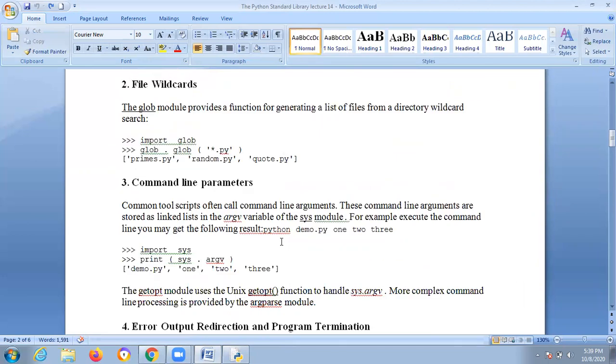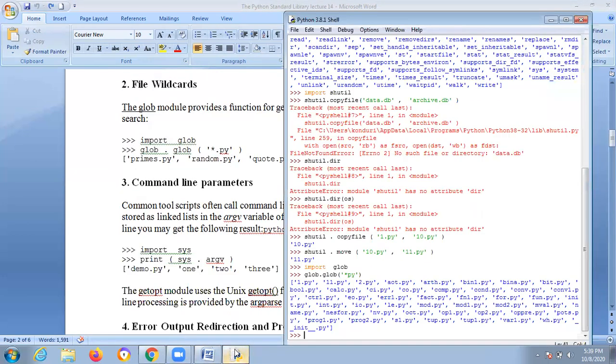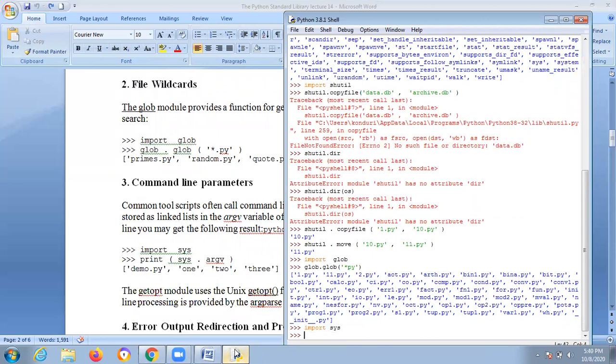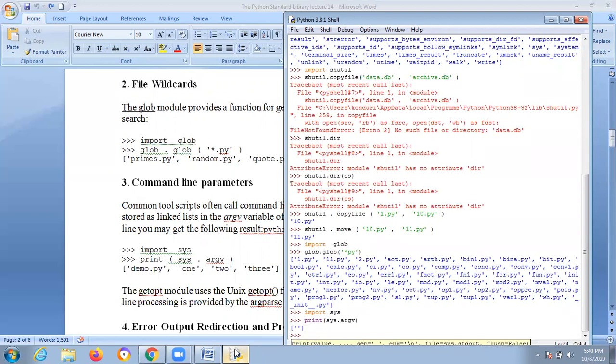Next, command line parameters. Suppose import sys, meaning system. print sys.argv. Yes, you are not giving any arguments, right? That's why it will print like this, just single quotes.